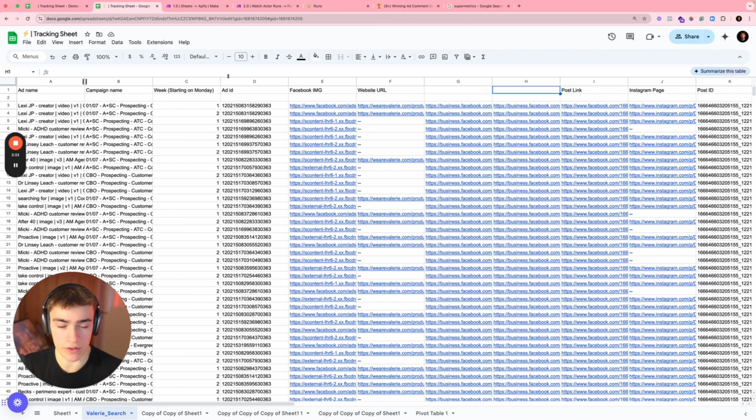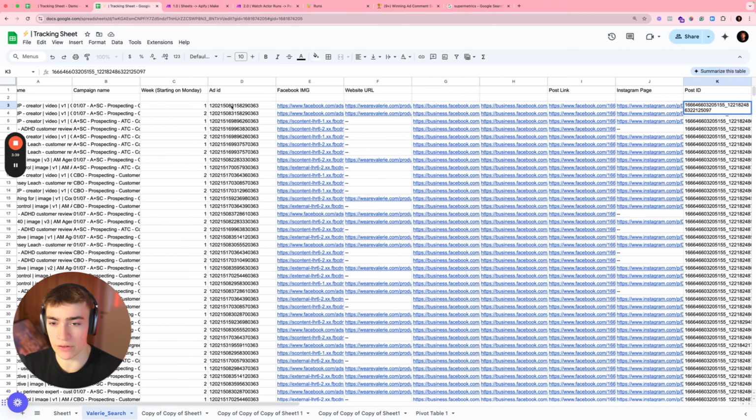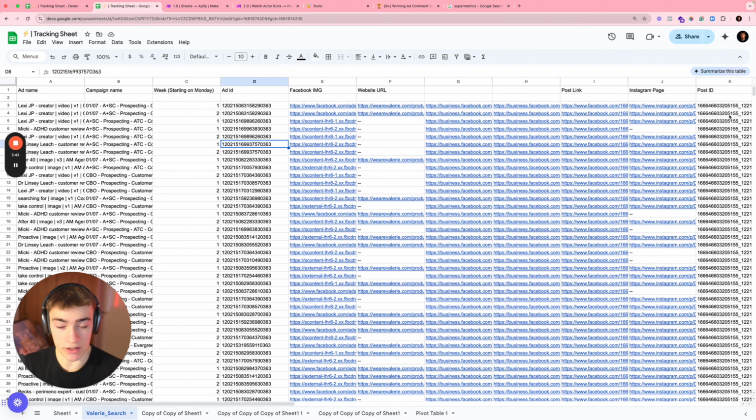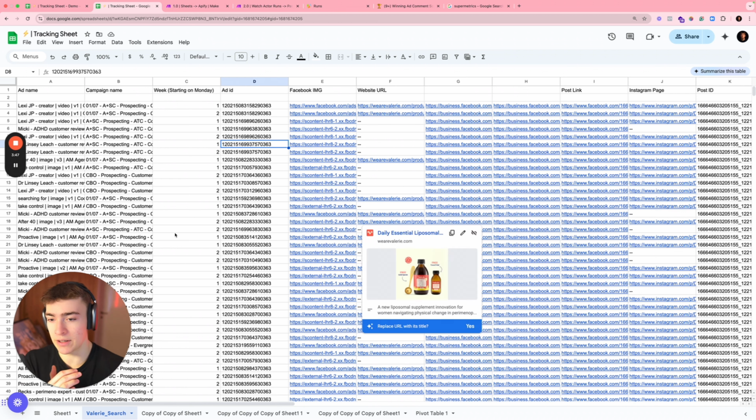I'll go into this tracking sheet right here. You can see we actually pulled this from another account where this is the actual post ID over here, not this one. I just pulled a lot of dummy information as well. But the post ID is over here, and what we did then is now that you have it in here,